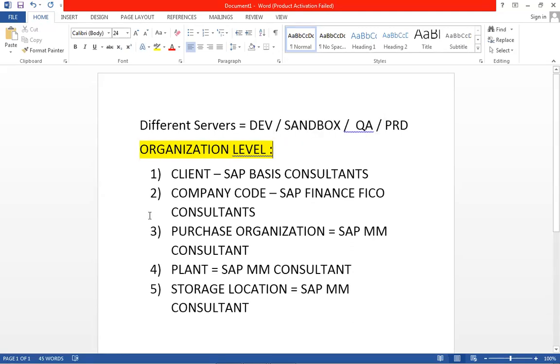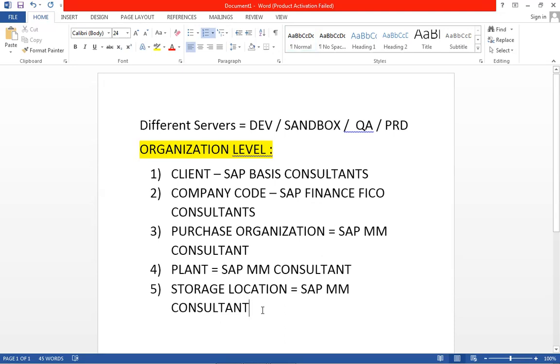This is also a similar kind of org structure, but these org levels are not humans. These are different kinds of organization levels. We can call them logical organization levels, such as plants, purchase organizations, company code, client, and storage locations.